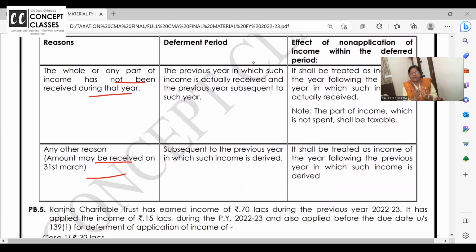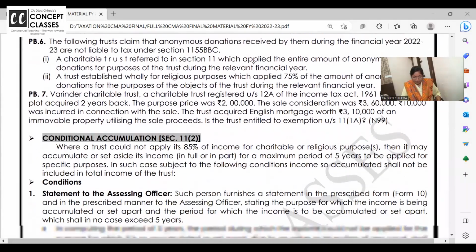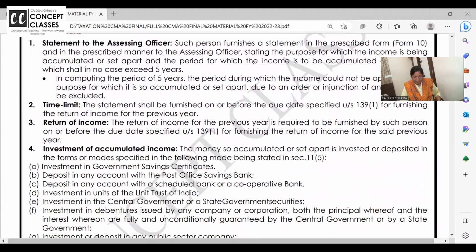Here also an important amendment is that there is no grace of 1 year. If you have said we will apply it in 5 years, and in the fifth year, March, you don't apply, in that same year's return it will be taxable. 6th year grace is not there. Like that. Okay. So one concept, one problem, all 5th, 6th, 7th we have done.